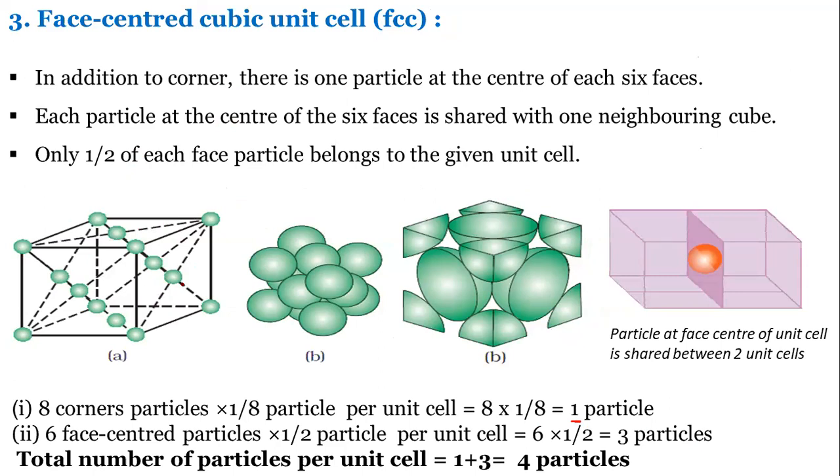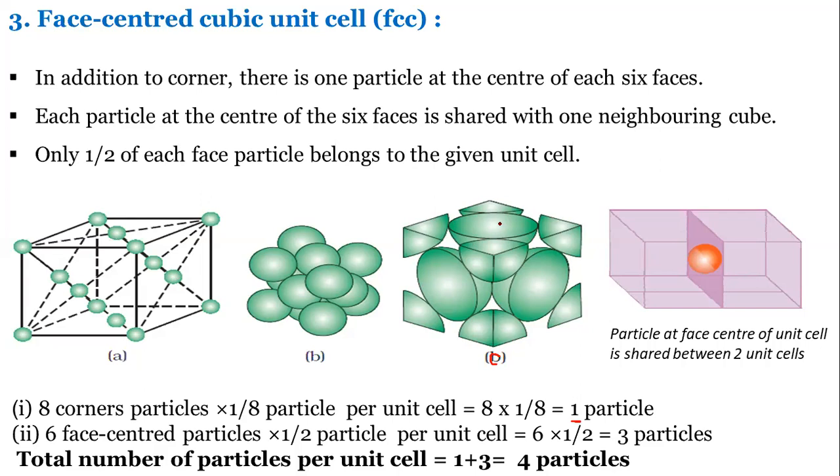But this 1 particle, actually the half part is shared. We can see here in the C diagram. It is a printing mistake. It is actually C diagram. In the C diagram, clearly we can see this half part